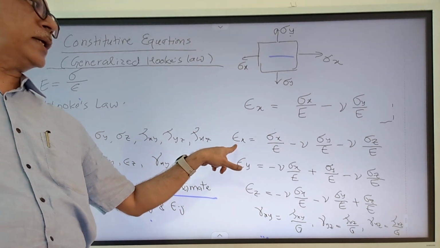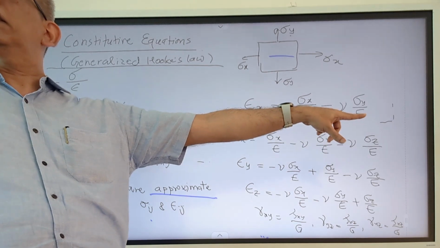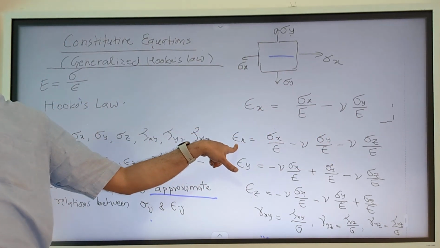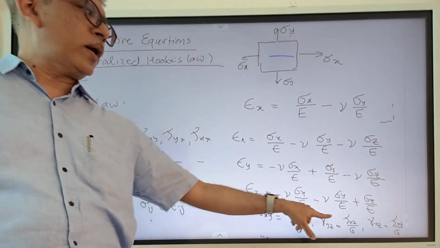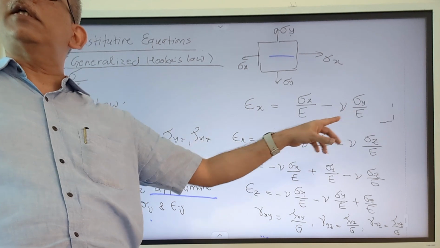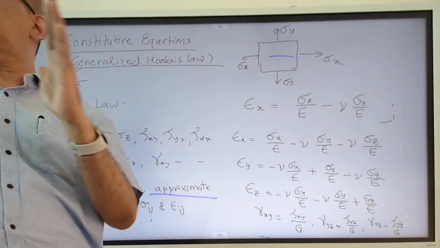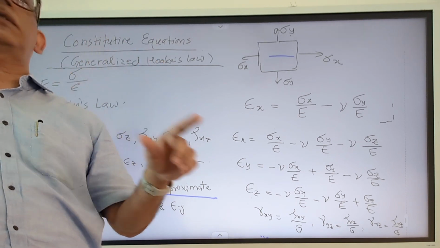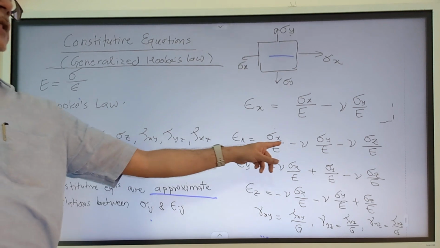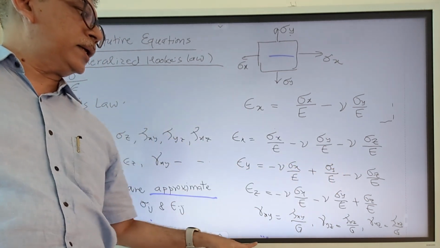So here epsilon x got related to all the 3 normal stress components in xyz directions. Note that the epsilon x does not depend on tau xy or tau yz. In this particular equation, whatever shear stress there is only causes distortion or change of angle, and doesn't cause any elongation or contraction. That's why the shear stress term doesn't come into the picture here. Only the normal stress components are coming here.